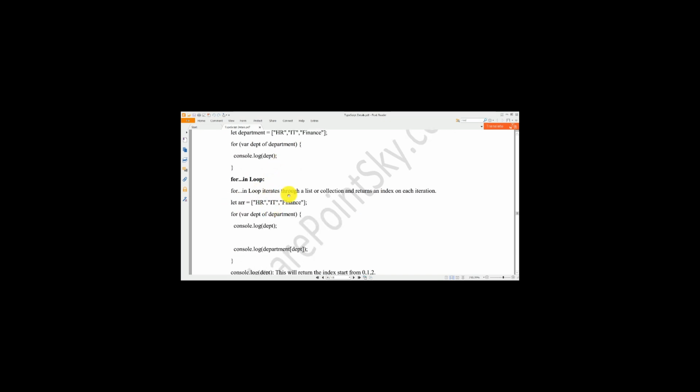Similarly, for in loop, you can iterate through a list and collection, but it returns an index. So in the previous example, whatever we saw, it will return directly HR, IT, or finance. But this one, if you'll see, it will return the index. So for example, here the first one,